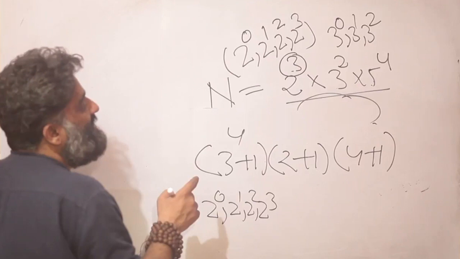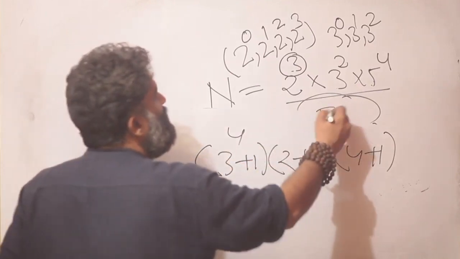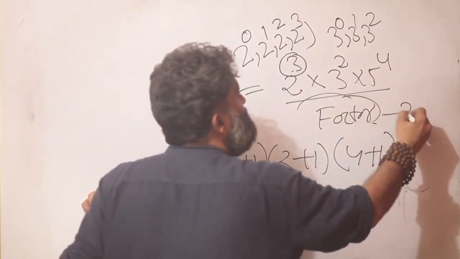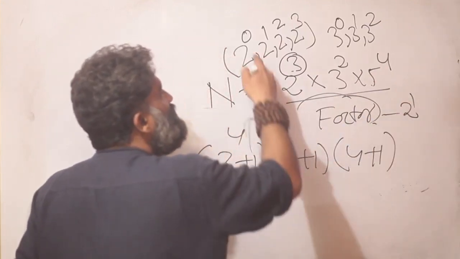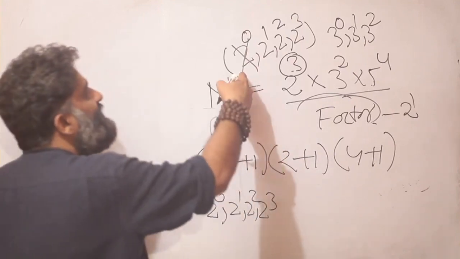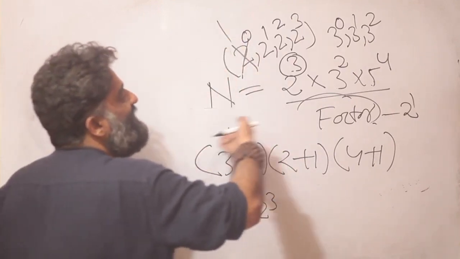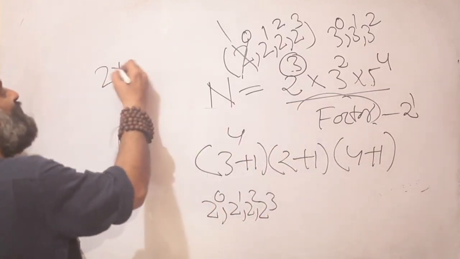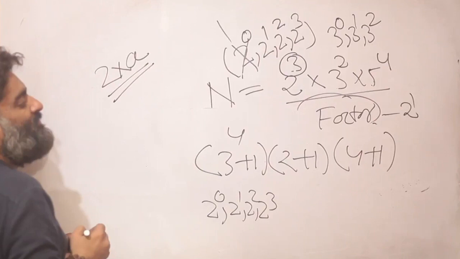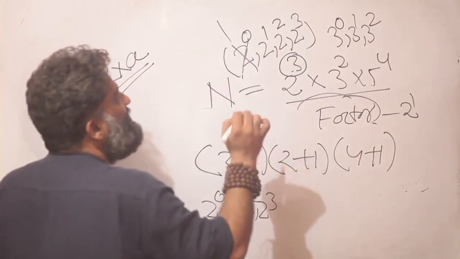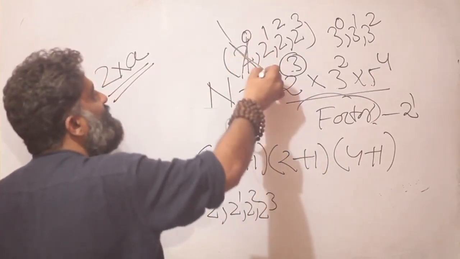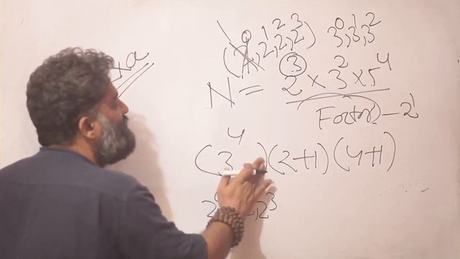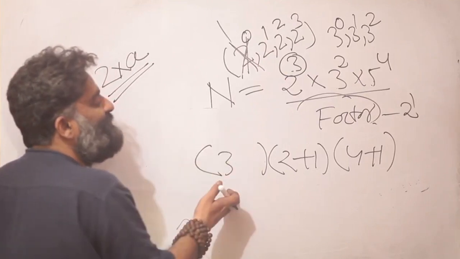But when I say the factor that I'm talking about has to be even, that means whatever the number is, it must have a 2 raised to 1. A 2 raised to 0 is ruled out. A 2 raised to 0 simply means 1. That means there is no 2 in the factor, which means it is not even. An even number is of the form 2 into something, right? So there must be at least one 2. That meant you can't go for 2 raised to 0. That means you did not need to add this 1 in this situation. So it would just be 3.